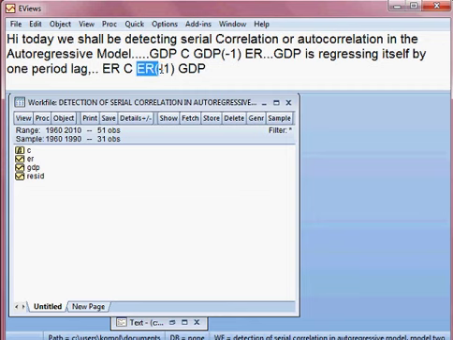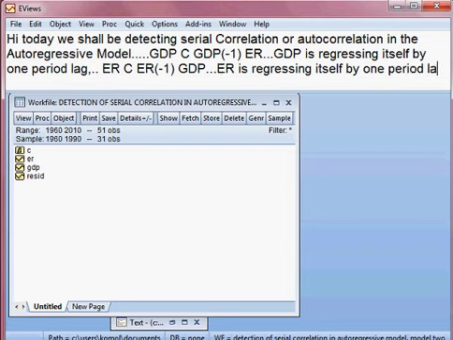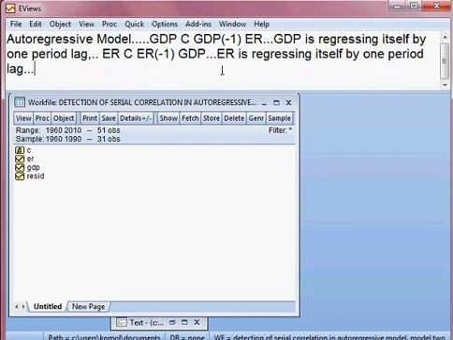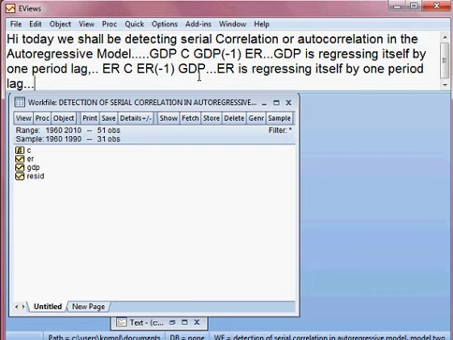So here I have two independent variables, and this model is also called an autoregressive model because exchange rate is regressing itself by 1 period lag. So this type of model is called an autoregressive model, and that we shall be developing today,